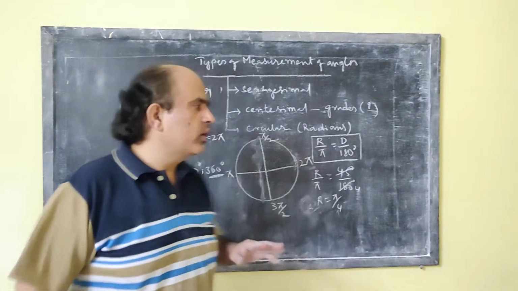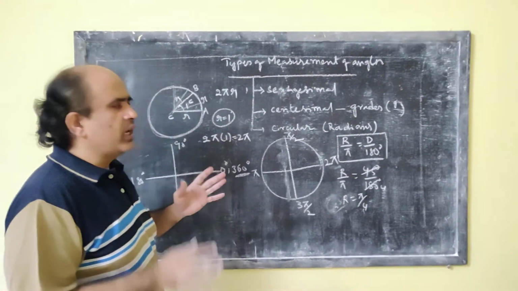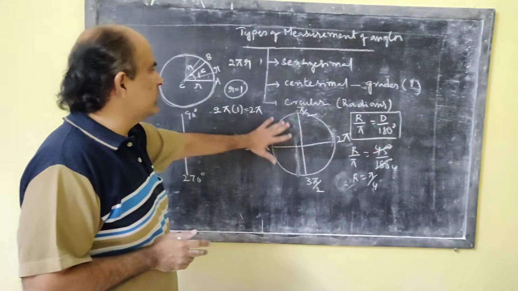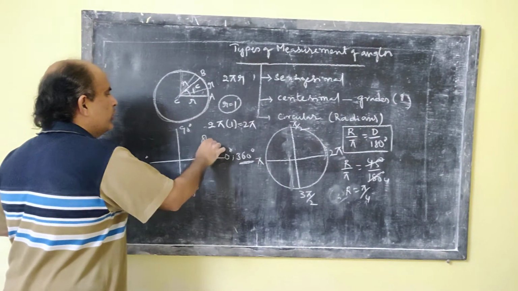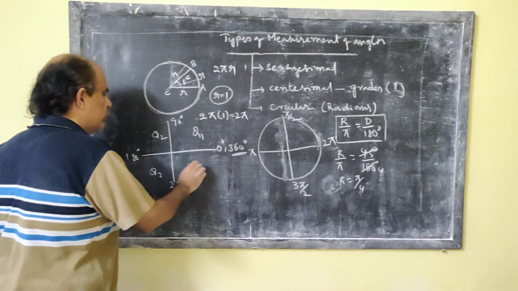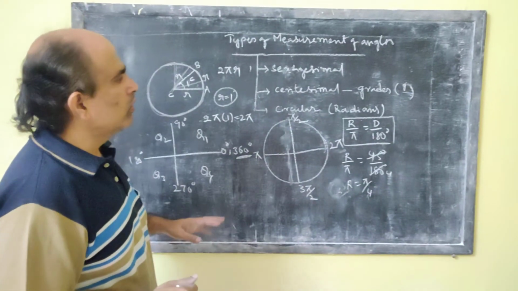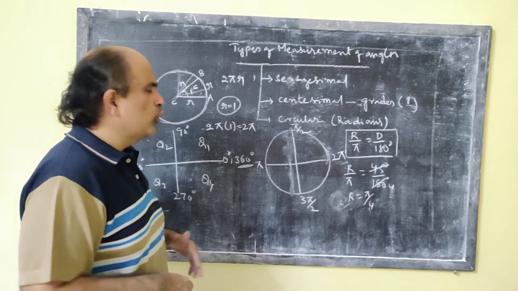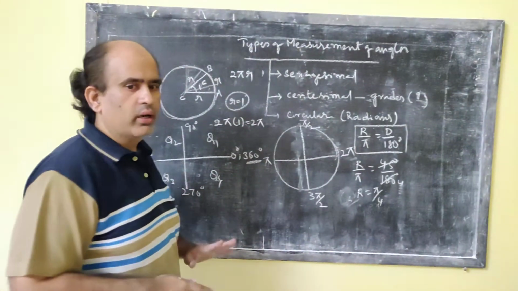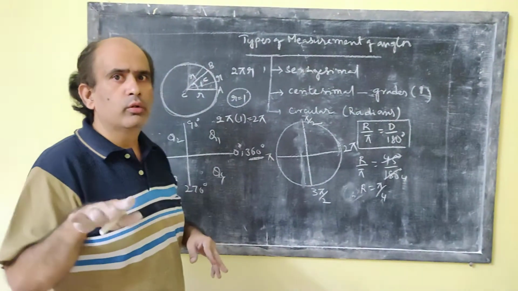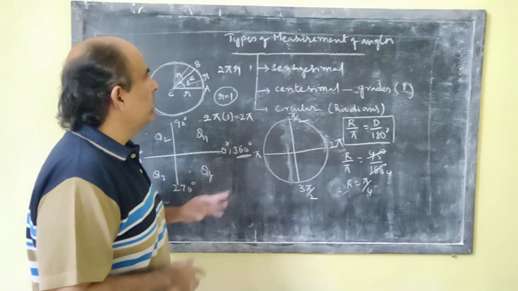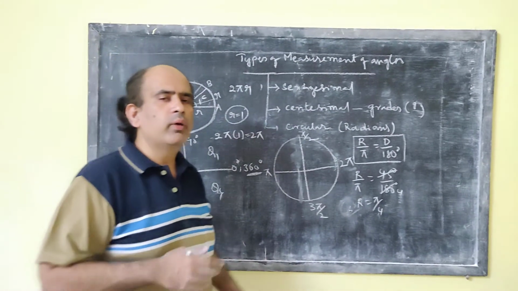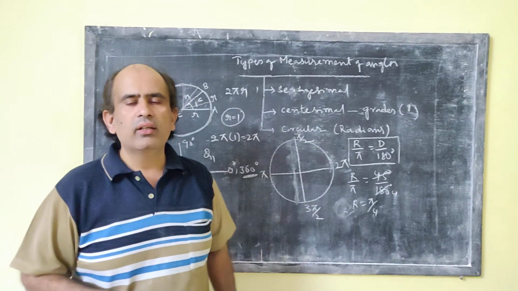As I spoke earlier, children, when an angle is given to you, you should be in a position to understand in which quadrant it is going to lie: Q1, Q2, Q3 and Q4. So, when an angle is given as 160 degrees, it falls in the second quadrant. 225 degrees falls in the third quadrant. So, accordingly, you should be in a position to understand. Hence, this is the relation you need to remember. More about that we'll be learning in the next session. Thank you, children.